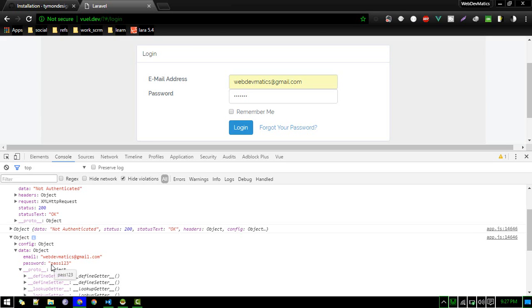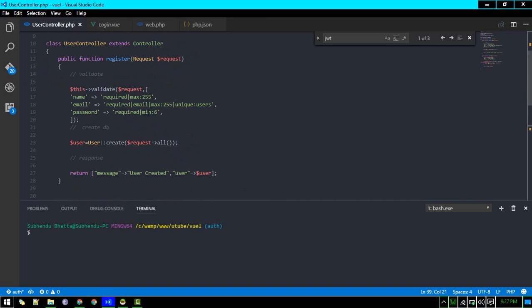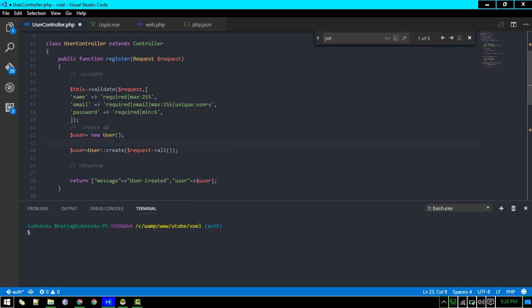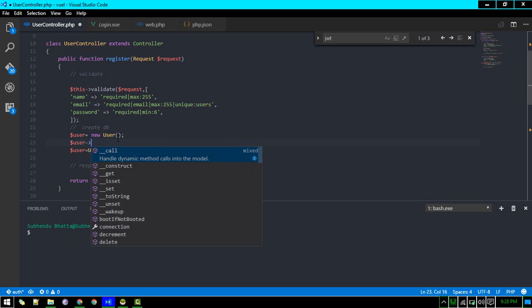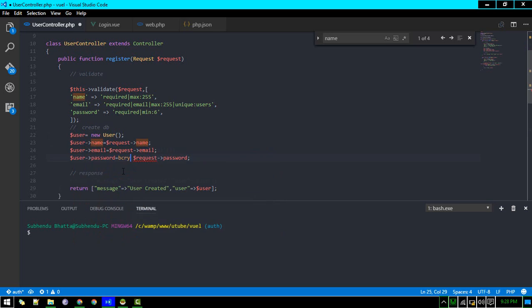We need to encrypt this password instead of sending just text. So we can do that in register. Instead of creating like that, you can create like this. So user, new user, and we'll pass name equals to